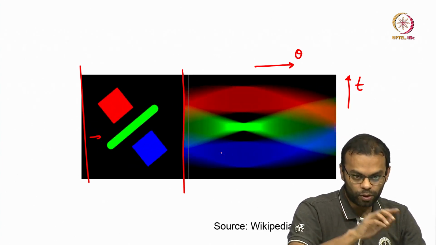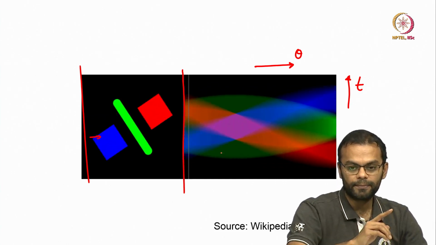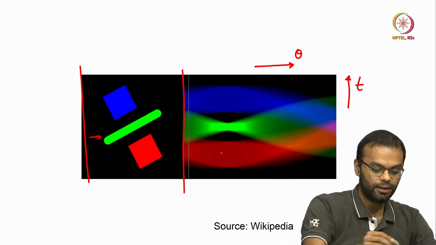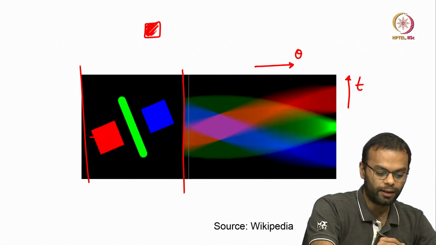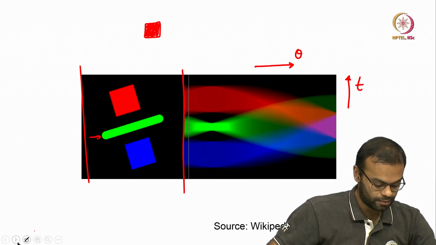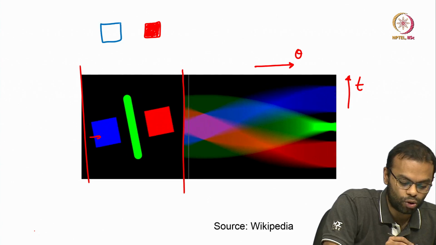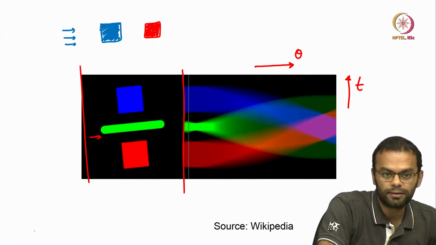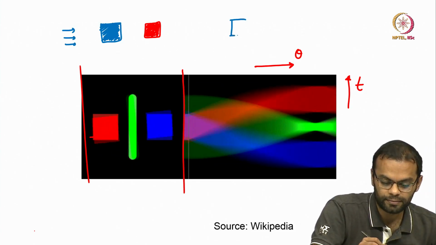for theta equal to 0 is equivalent to the information you have for theta equal to pi. So you do not need a rotation by 2 pi, you only need a rotation by pi, because for theta equal to 0, let us say the red square, I am not sure if I can get a blue square, but let us try this, yeah, and the blue square are like this. So the light coming from here is going to look at both, but for theta equal to pi the blue square is here